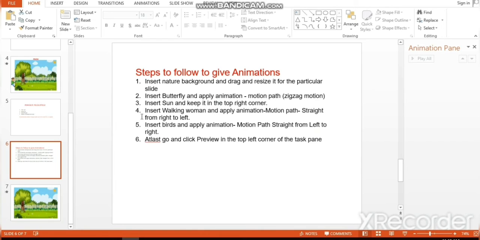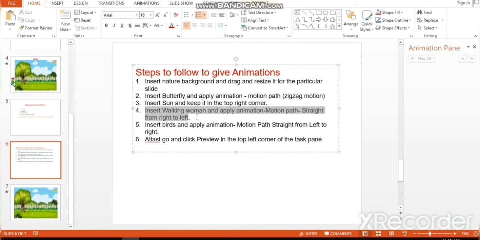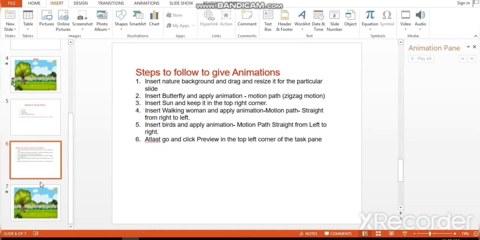Next we move on to insert the walking woman and apply animation, that is a motion path straight line from right to left.